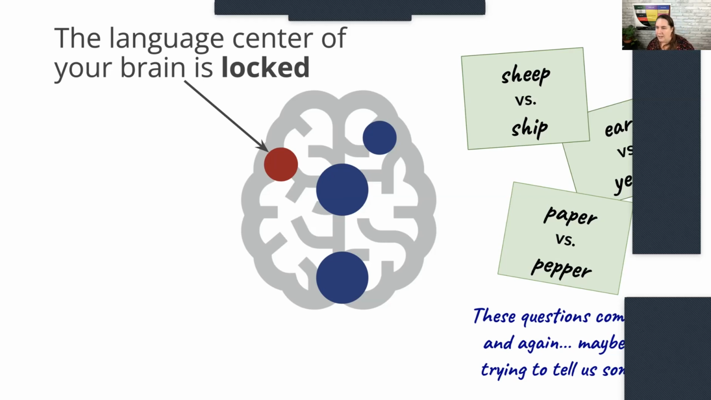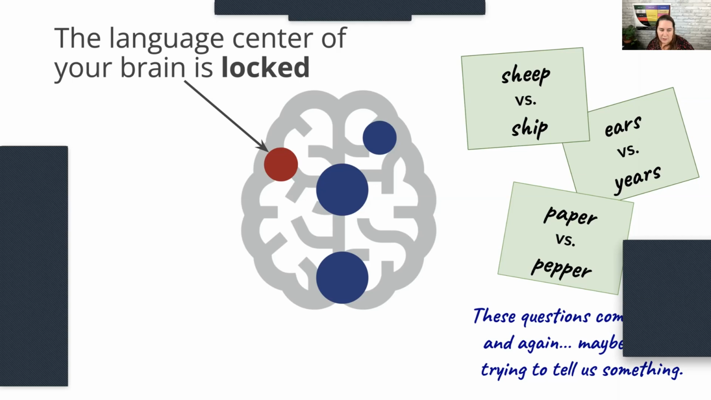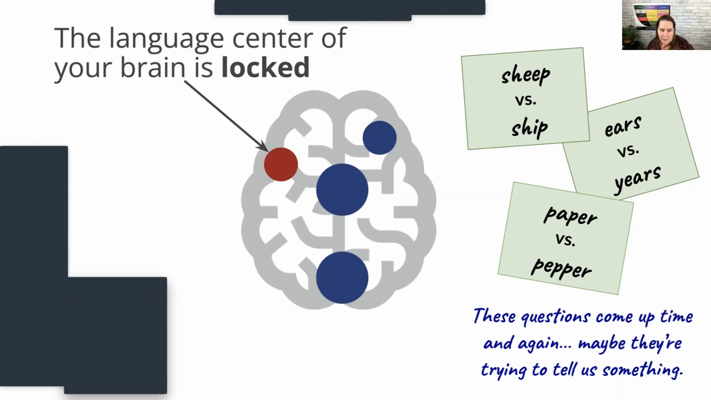And here we go. Let me see if I can move. There we go. I understand that you can't see all of my slides, so I'll try to move that a bit. If you have other word pairs that have come up for you, I'd love to see those in the chat. Okay. But just say, for example, when students come and ask about sheep versus ship, and this is